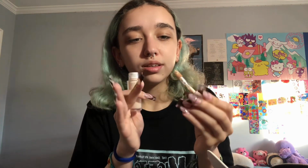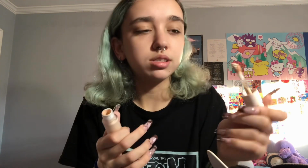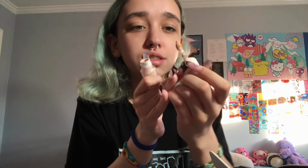It has a weird type of, I don't know what you'd call this, applicator, I guess. It's like the usual e.l.f. Camo one, like a dough, I think it's called, I don't know. But for some reason on the sides, it's chiseled, so I don't know if there's plastic underneath it, but it kind of hurts to put on. It's very sleek and matte and